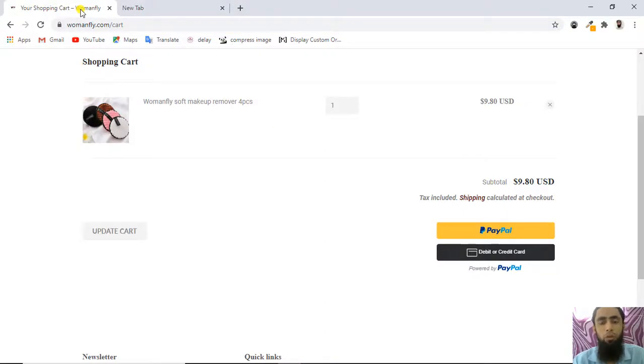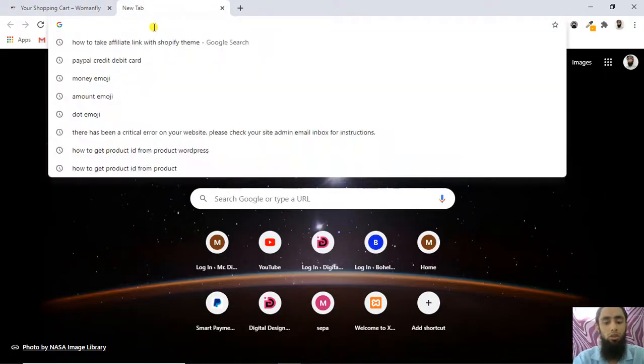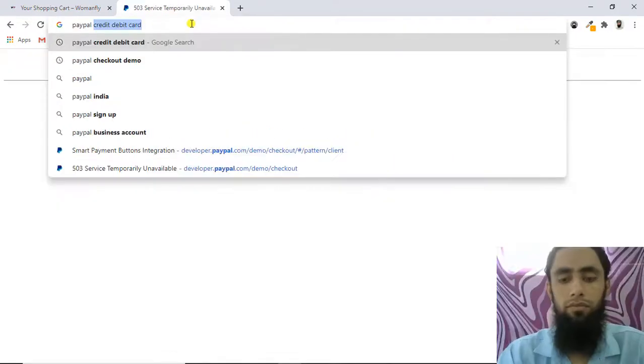If you have a Shopify store, then of course you will be getting this cart page, and I have already integrated the PayPal buttons here which are really responsive. If you are interested to integrate such buttons into your store or website, you can contact me. I will be adding the details in the description below. So let's start with the code. I have added that code from the PayPal developer account, so let me show you how you will be doing that.